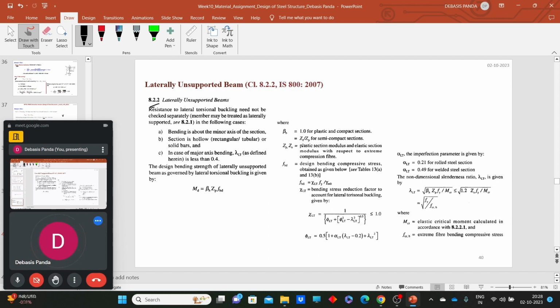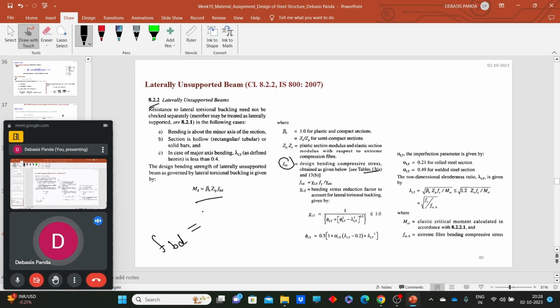Now what this clause says is, if we have a laterally unsupported beam, then the design bending strength can be calculated as Md = beta_b Zp fbd. Now, how can we calculate the fbd value? Here, what is fbd? That is nothing but the design bending compressive strength. Either we can obtain it from Table 13A or 13B based on the condition, or we can calculate the value using that fbd